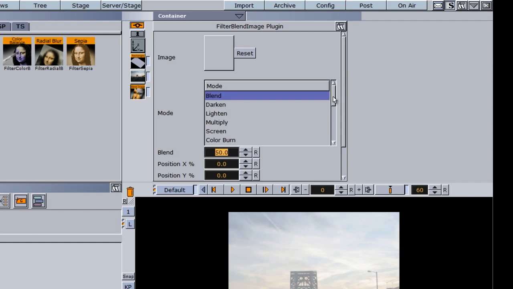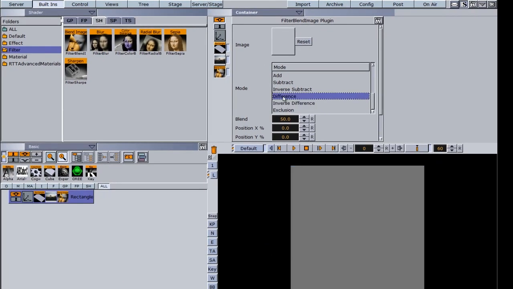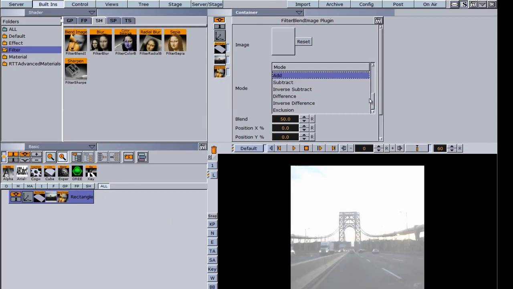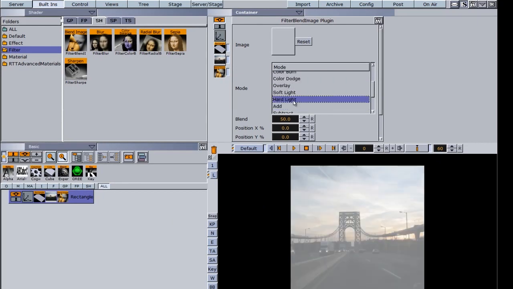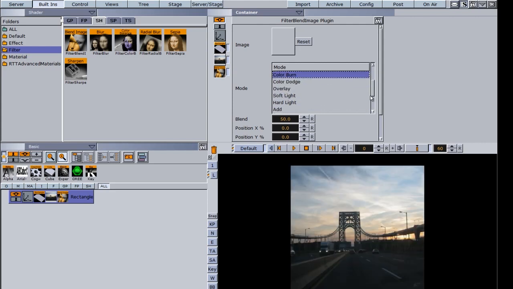So this is the closest thing that we have to Photoshop or After Effects in using the lighteners, and they're all pretty much comparable to the same things. As we come in here into the mode and start changing these, you can see how it affects this image. So if we needed hard light, soft light, overlay, color dodge, color burn, each one affects it a little bit differently. Furthermore, if we wanted to add some type of color or some more blending to this,